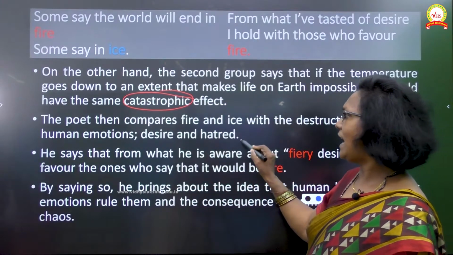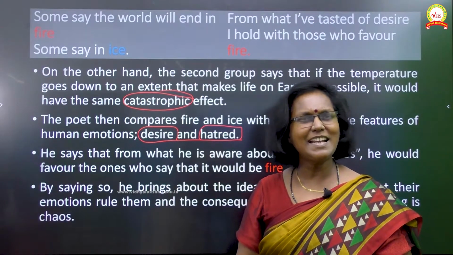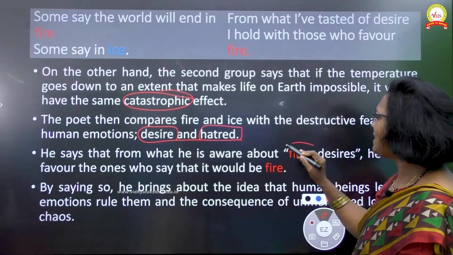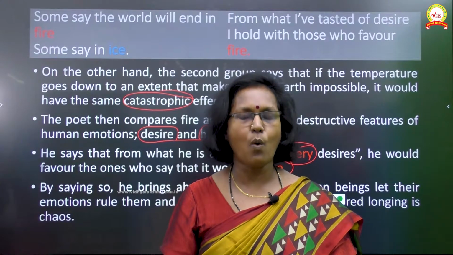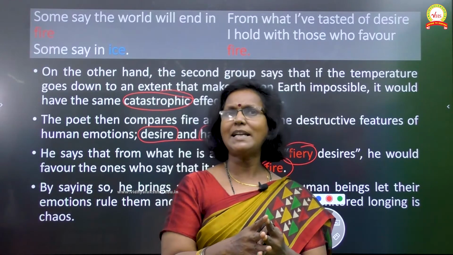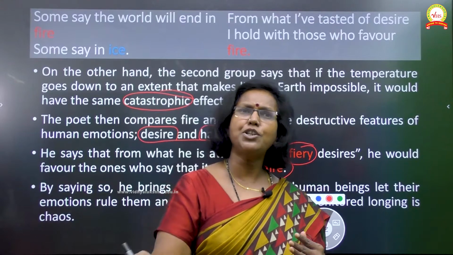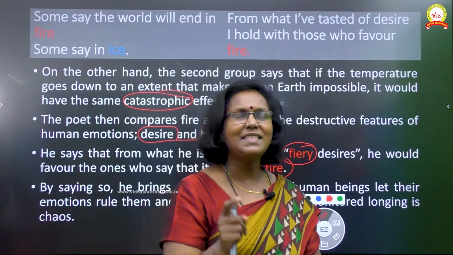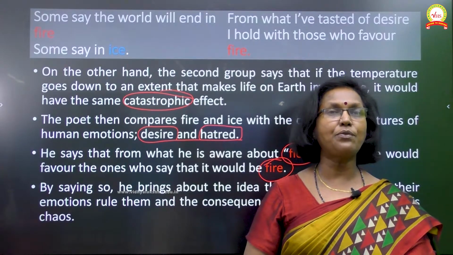And once again, we have here these two words, hatred and desire. What is hatred? What is desire? He is telling that we should all be aware of the fiery fire. And this fiery fire is desire. I want this, I want that, I cannot be without this, I cannot be without that. And those things might not be those which you really need. They might just be such kind of things with which you can continue your life without any kind of hindrance. But there are people who want it. And that is negative. That is the reason the poet says, no, let's not have such kind of fiery fire,